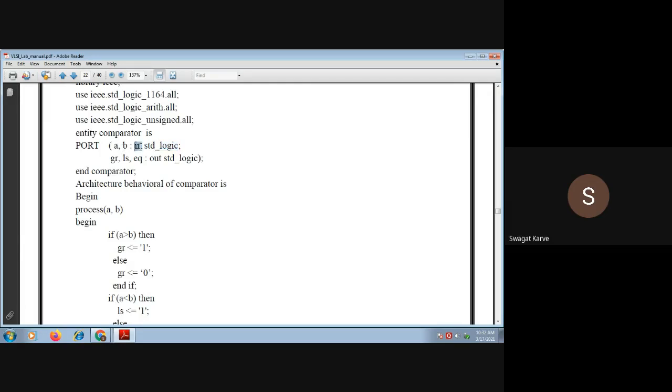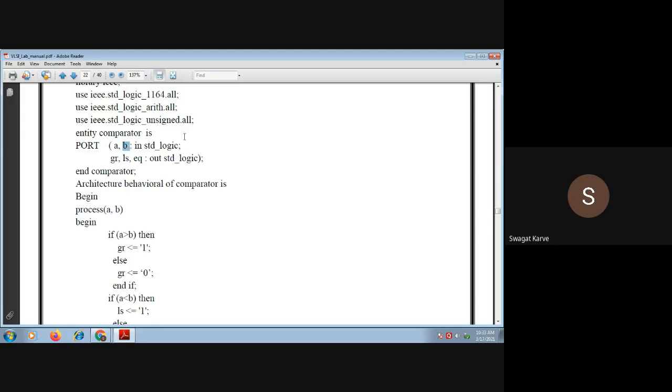The mode will be in, there is no change, std_logic_vector 1 down to 0. Why 1 down to 0? Because n minus 1 down to 0. What is n? 2 bits. So n minus 1, that means 2 minus 1 will be 1. 1 down to 0, that is a 2-bit number. And accordingly, in case of B also, it will get changed, as we have defined A comma B. That means it will be applicable to both A as well as B. Okay, this is the only change.